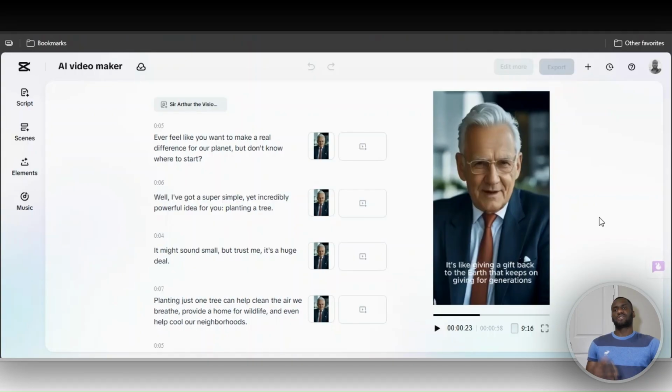Ever feel like you want to make a real difference for our planet, but don't know where to start? Well, I've got a super simple, yet incredibly powerful idea for you. Planting a tree. It might sound small, but trust me, it's a huge deal. Planting just one tree can help clean the air we breathe, provide a home for wildlife, and even help cool